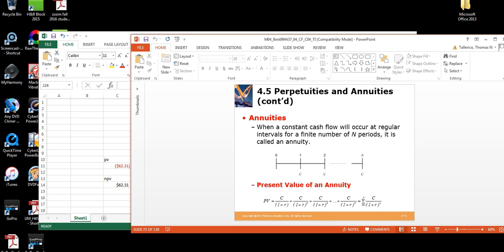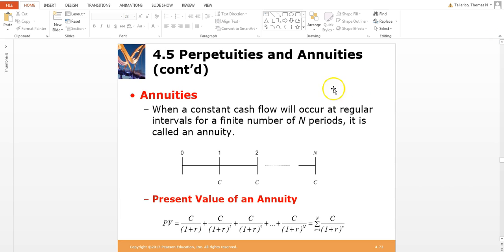So good morning, everybody. I wanted to discuss with you this concept of an annuity and how to get the present value of an annuity. I am looking at slide 45, I believe, here. And as such, you can see they show a very general equation here of how to get the present value